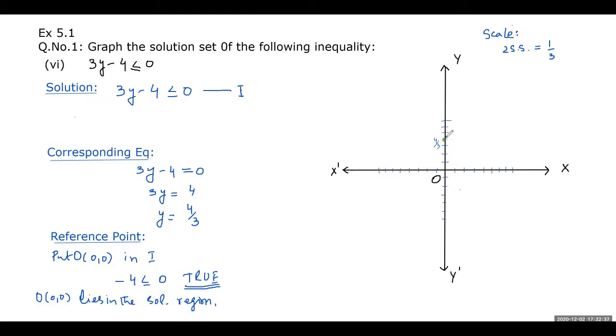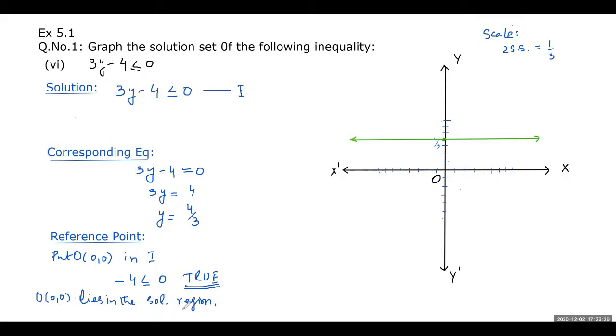So this is the point y equals to 4 by 3, and I have to draw a horizontal line passing through this particular value. Let me draw it once again. Sometimes software doesn't like our methods. Okay, so here it is. This is the required line. Let's put some arrowheads on it, one arrowhead here and another arrowhead here. You can see this is a horizontal line passing through the point y equals to 4 by 3.